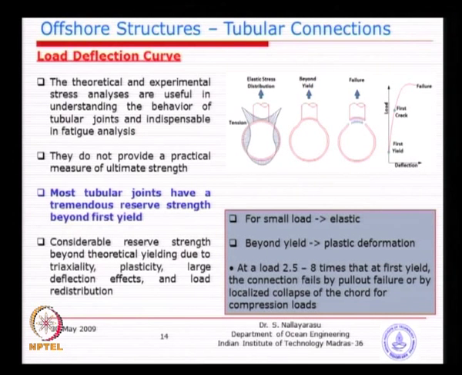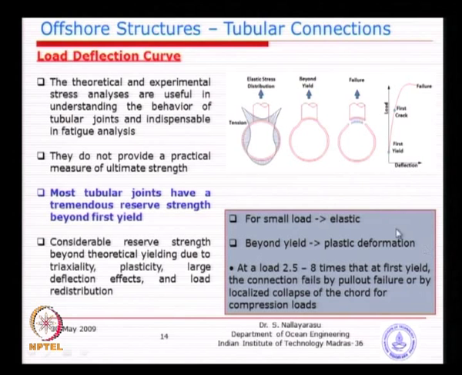So, we need to find out what that ultimate strength is. You look at this picture here, under the elastic stress. What is the meaning of elastic stress? If you remove the load, what will happen? The shape should come back to the original circular shape. Now you look at just beyond yield, there may be a permanent deformation, could be larger, could be smaller, depending on where you are. If you are very close to the yield, maybe you will not see this distorted shape, but if you are close to somewhere here, you will see that this distorted shape will become permanent, which is also not good. But if you go beyond the first crack, you may see that the connection becomes disjointed, that means the brace will come apart and the chord will become damaged.